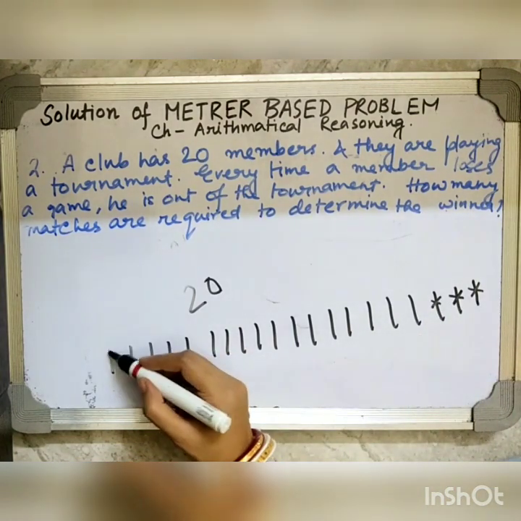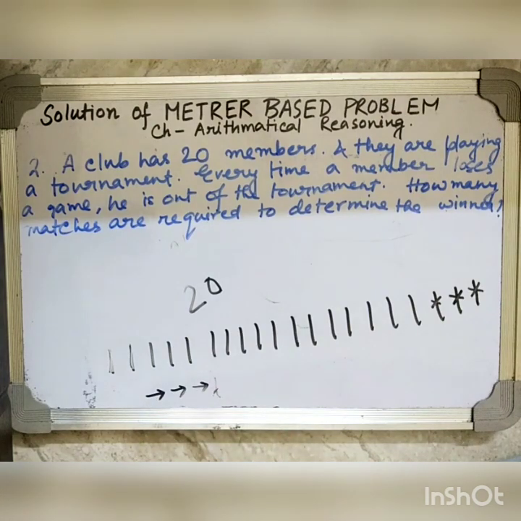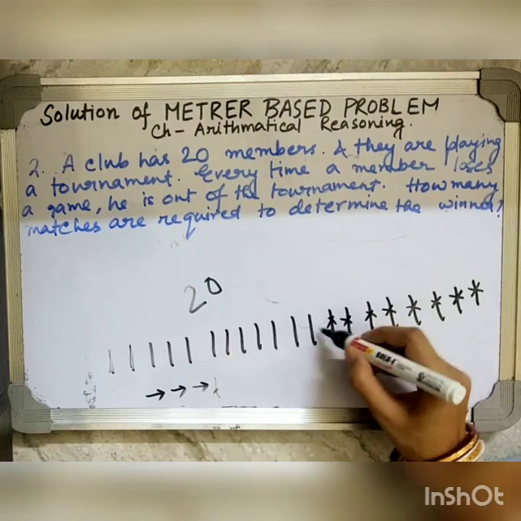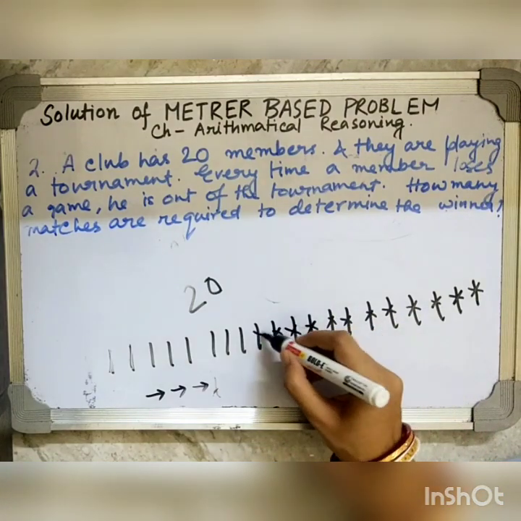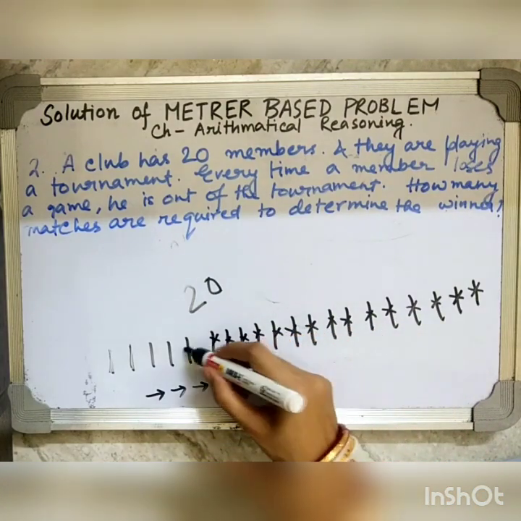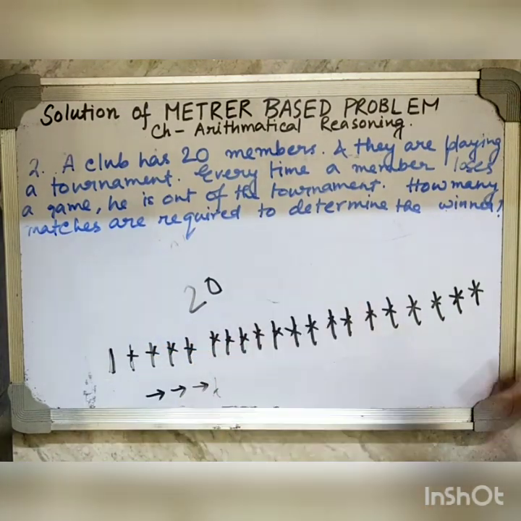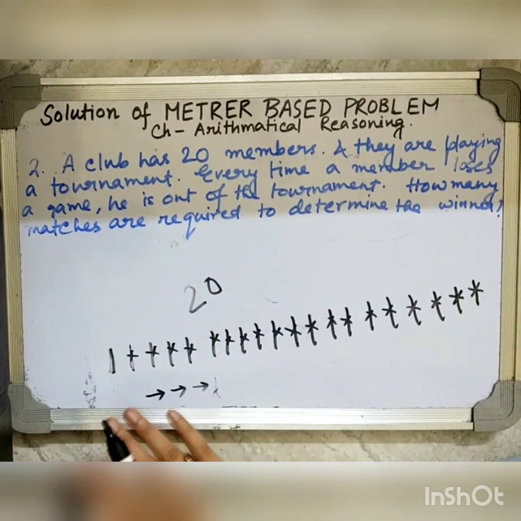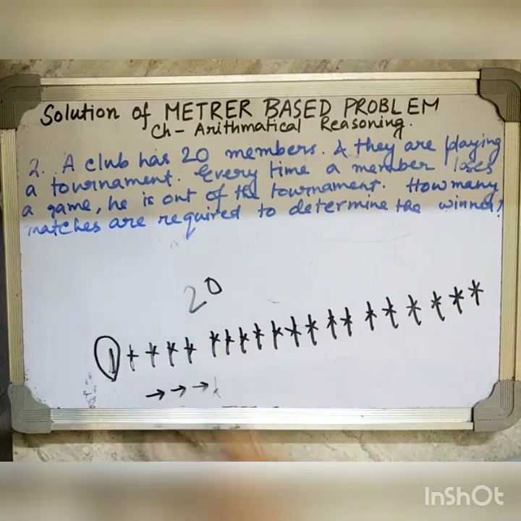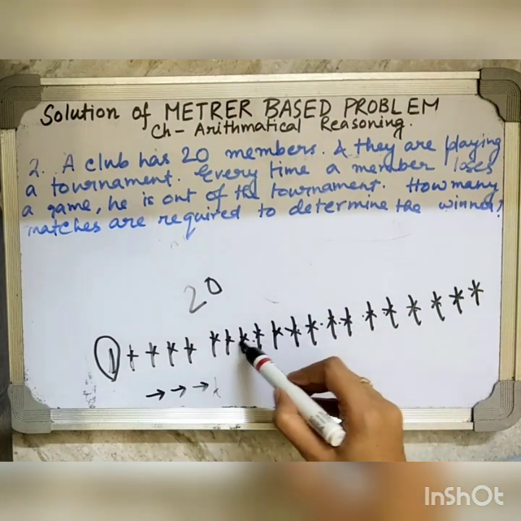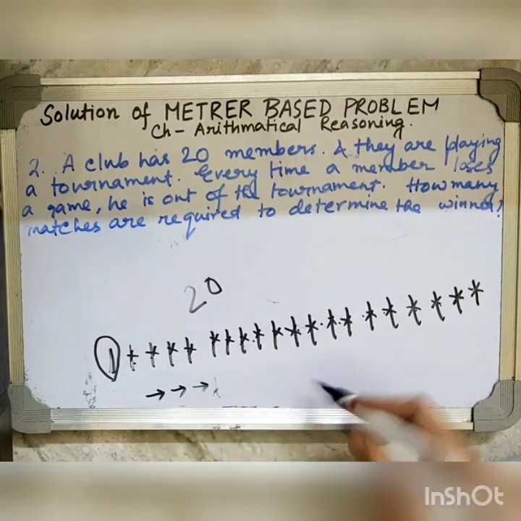In this way, to determine the winner, how many games are needed? All of these members will be out of the tournament, okay, but except one. Except one person, all the players who are there in the club will be out. Okay. So, for determining the winner, we have to play how many games? 1, 2, 3, 4, 5, 6, 7, 8, 9, 10, 11, 12, 13, 14, 15, 16, 17, 18, 19. So, 19